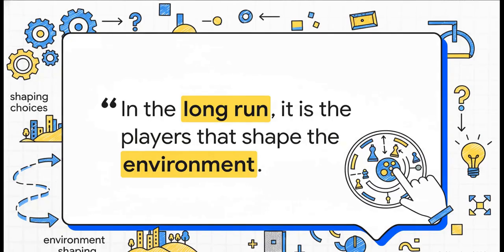And that really leads to the biggest idea of all. It's easy to think that the game, the situation we're in, dictates our choices. And in the short term, maybe it does. But over the long run, the strategies we choose, whether we choose to be competitive or cooperative, nice or nasty, those choices actually start to shape the environment around us. They change the rules of the game itself. So in the end, the game doesn't just play us. We are the ones who decide how the game is played. And that, right there, is a choice that's worth thinking about long after this is over.